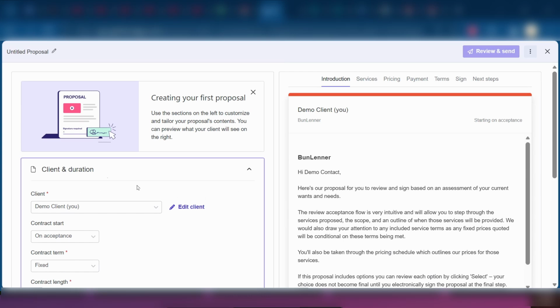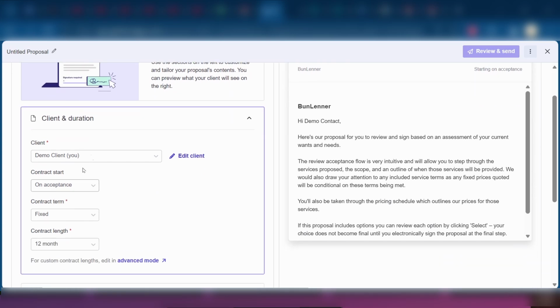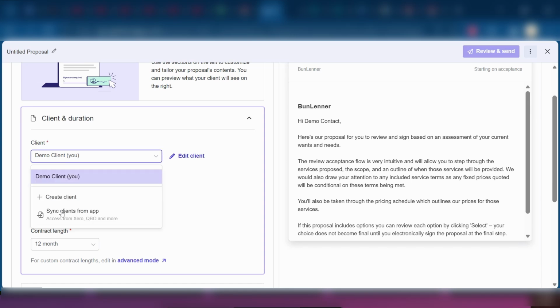First, under the general settings screen, you'll need to select your target client. You can see right here, client, you can see demo client. So you need to create a client or sync client from the app. And this is why it was important to connect Xero or any other of these accounting firms or platforms that you might have already. But of course, if you don't have that and you're a fresher, you can click on